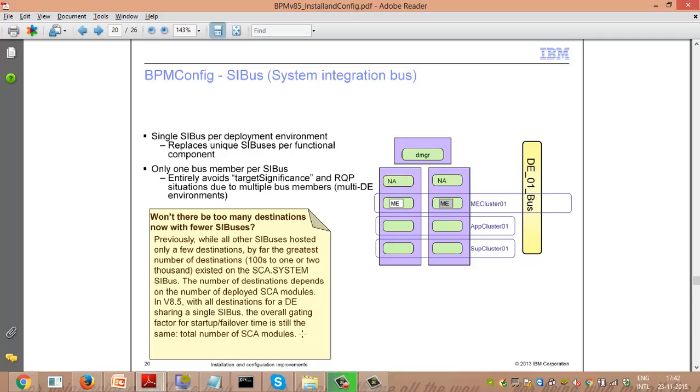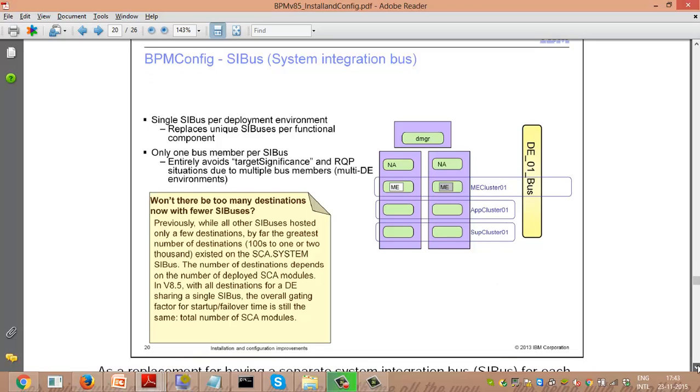All destinations are sharing a single SI bus. If you look at the ME cluster here, it is sharing just one single bus for all of its destinations. How many destinations you have is based on the number of SCA modules.